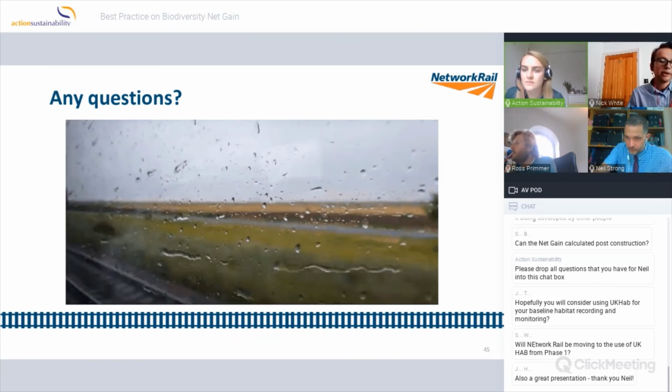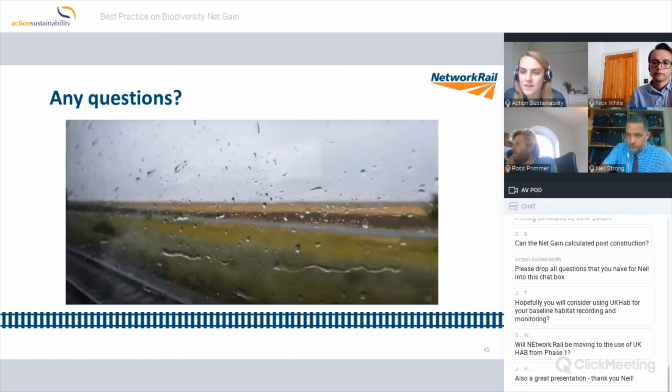So the metric, as Neil was mentioning and as Joe was asking, is based on using UK HAB as a way of identifying habitat types. It can be applied in Scotland. There's no reason why it couldn't. I know some Scottish companies are already looking to work with it, like SSE. Currently, though, the legislation I was referring to only applies to England, so it'll be dependent on what Scotland chooses to do in terms of policy and legislation, etc. But in terms of how the metric itself operates, it could work across the United Kingdom. That's great. Thanks very much, Nick.